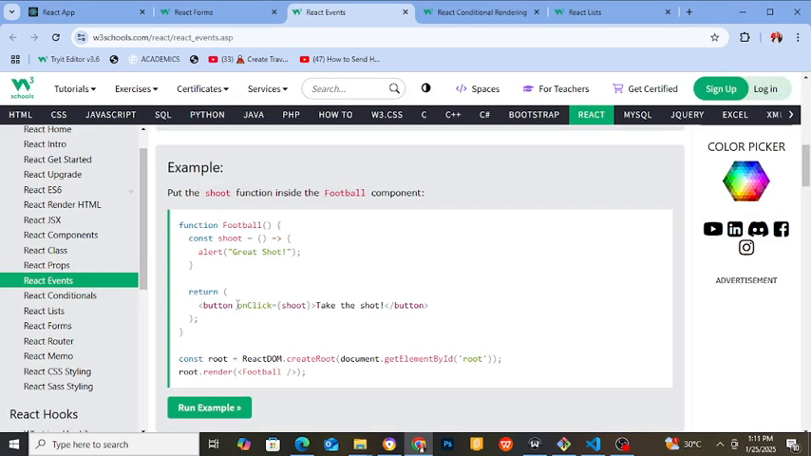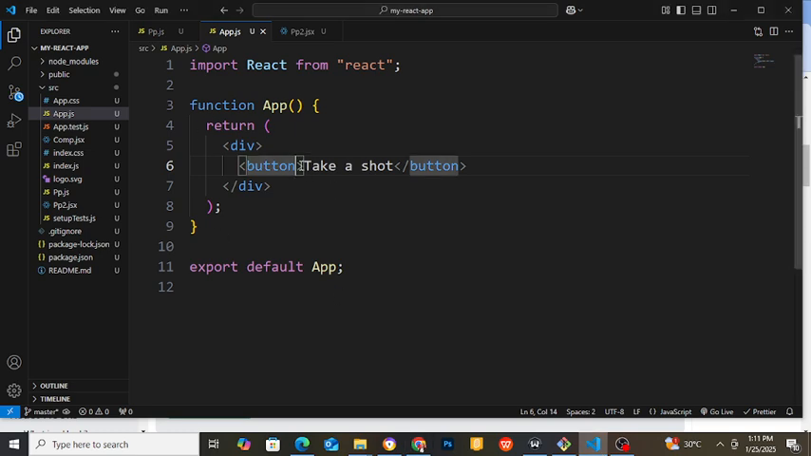So that is why we have to add an onClick event to it so it can listen to something. So let me copy this one, this shoot. Let me copy this thing and have it in my